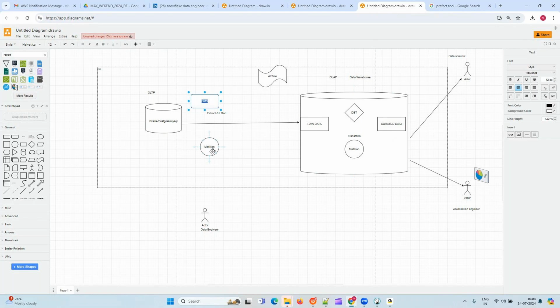So that's the reason you need to know what is what. Like if someone asks you what is Matillion or what is DBT, how that orchestration is done in Airflow, these things you should be knowing so that you will become a full stack data engineer. Once you get into the project, you can dig deeper into it.